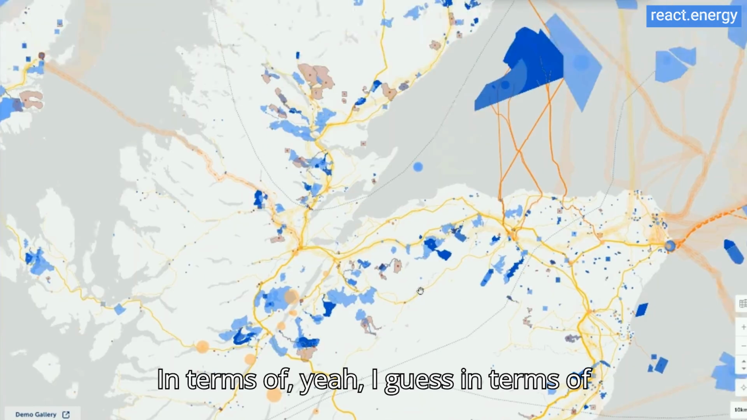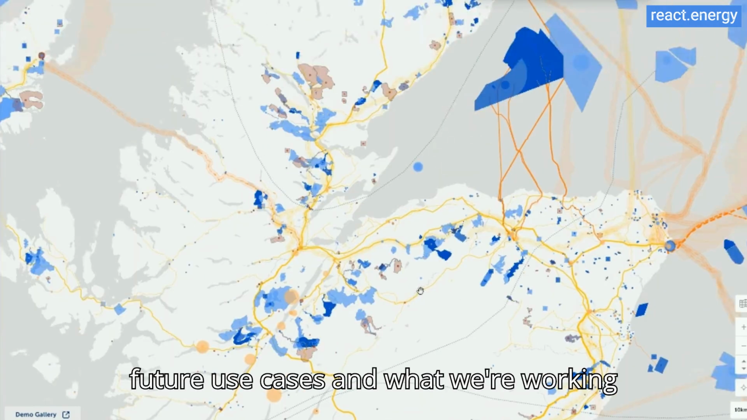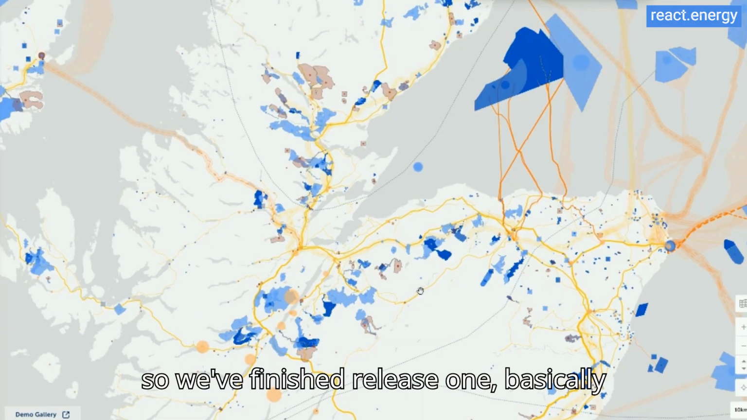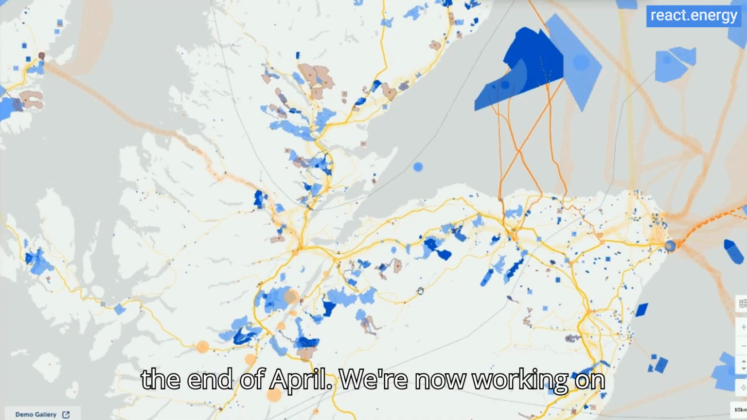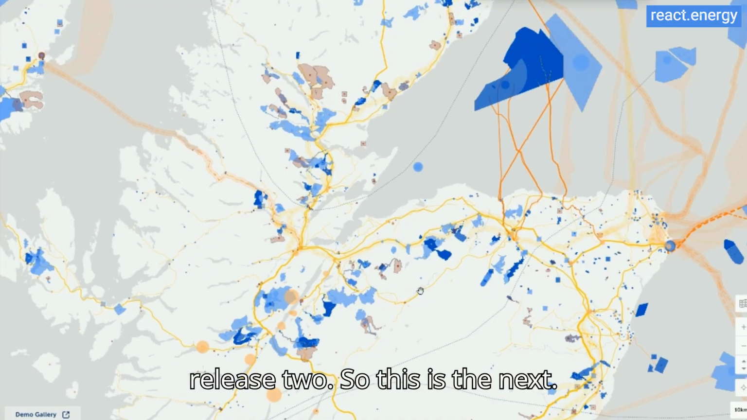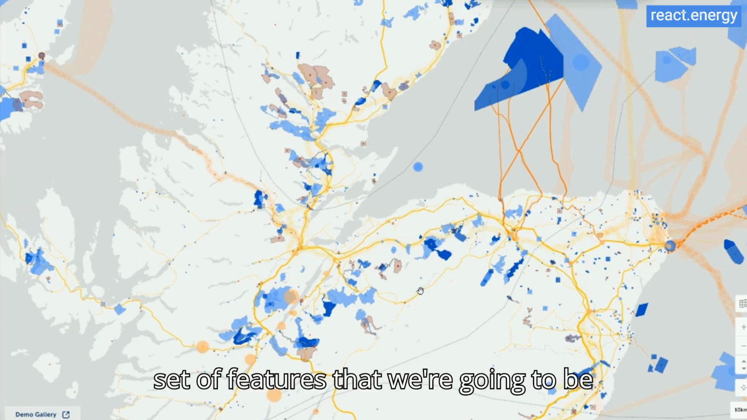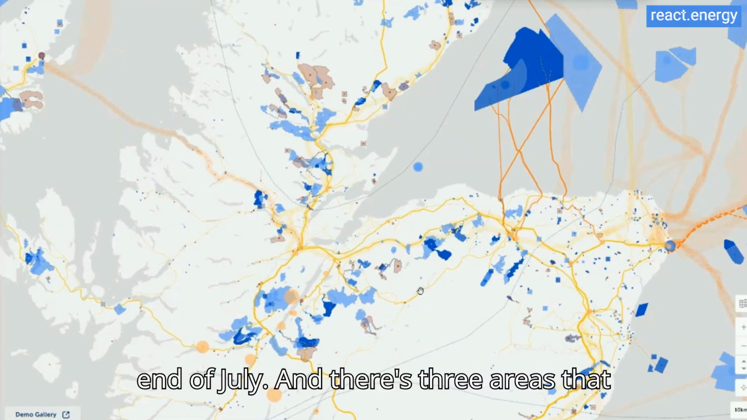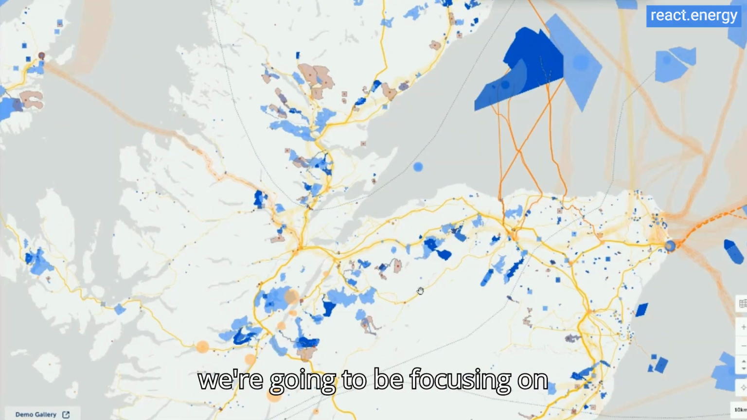In terms of future use cases and what we're working on at the moment, we've finished release 1, basically the end of April. We're now working on release 2. So this is the next set of features that we're going to be working on May, June, July, so up to the end of July. And there are 3 areas that we're going to be focusing on